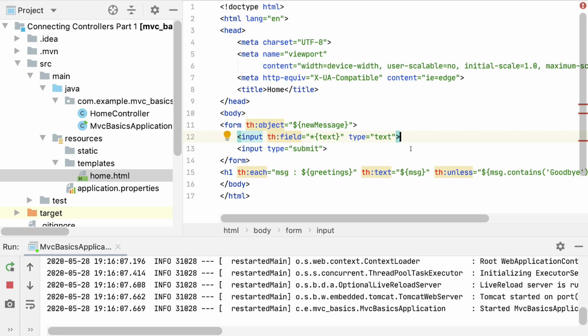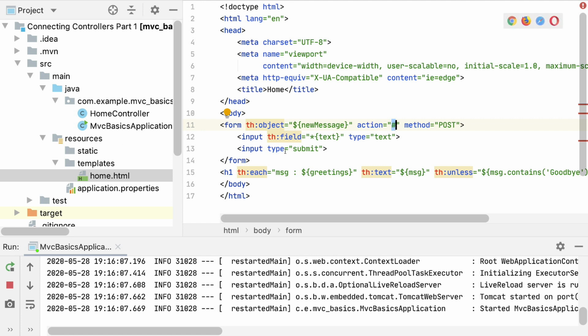I'm also going to add a few more attributes to the form element. First, I'm going to add an action and a method attribute. These are plain HTML attributes that define what URL the form is submitted to, the action, and what HTTP method to use for the request. We're setting the action to this pound symbol, which essentially says to the request, stay on the URL that we're currently on. This is just a template fallback. We'll specify the exact URL using another Thymeleaf attribute in a moment.